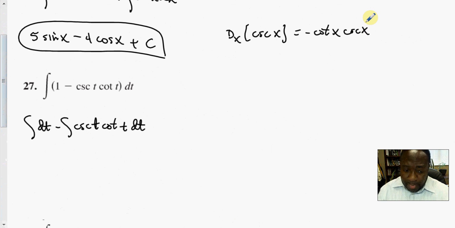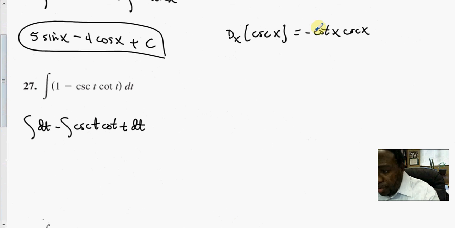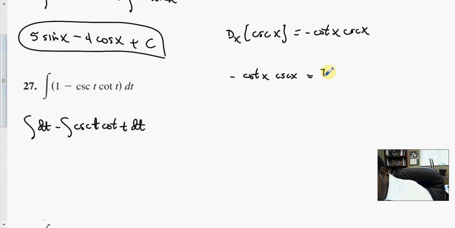So if you flip that, it's better to write it like this: negative cotangent x cosecant x is equal to the derivative of cosecant x. If you integrate both sides,